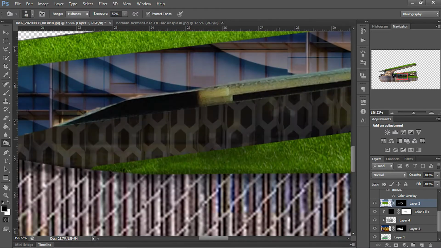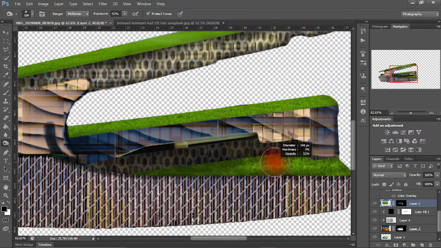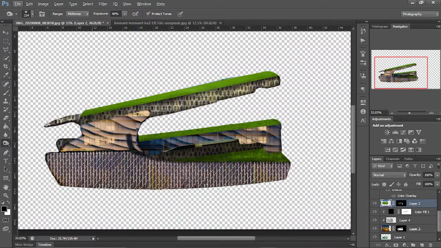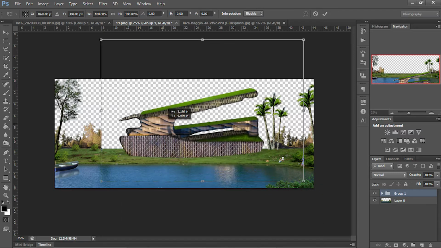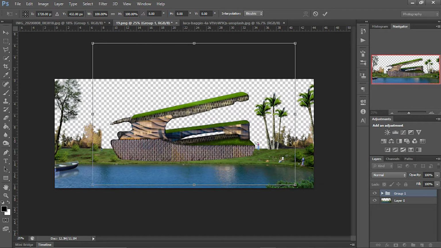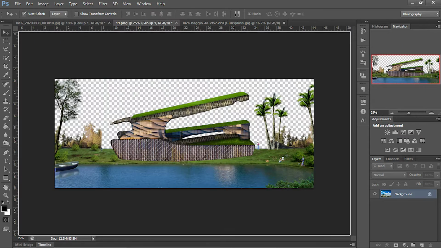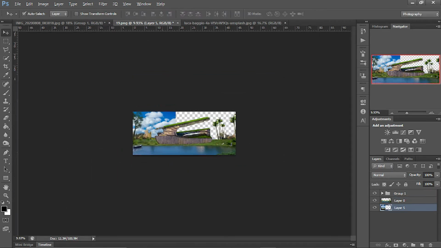So here in the last, we give all the shadows or the depth in the building to make it real. Now we will move on to the background part, and it is the most important one. You have to choose the background wisely so that the lighting, texture, shadows and the clouds all match together.